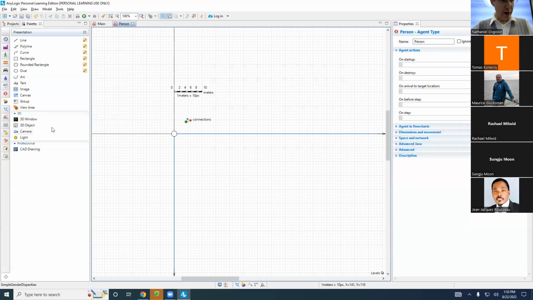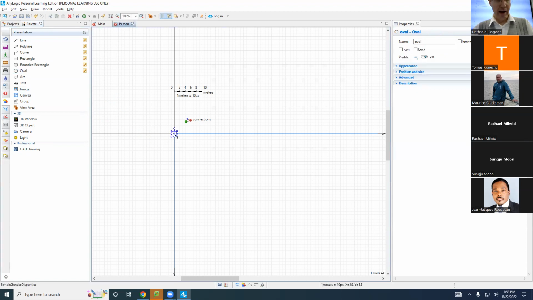Okay. So how did I do that? Notice I dragged the oval into person. I took it from the palette and I clicked on it and I dragged, is what I did. I dragged it down here, and having dragged it, I could pull it like this and shrink it down, etc. That's what I did. Okay, ladies and gentlemen, this is what we're doing. Great. Okay, so next,